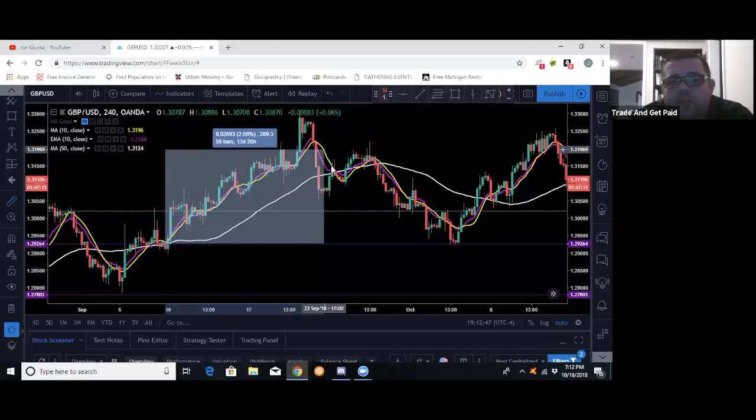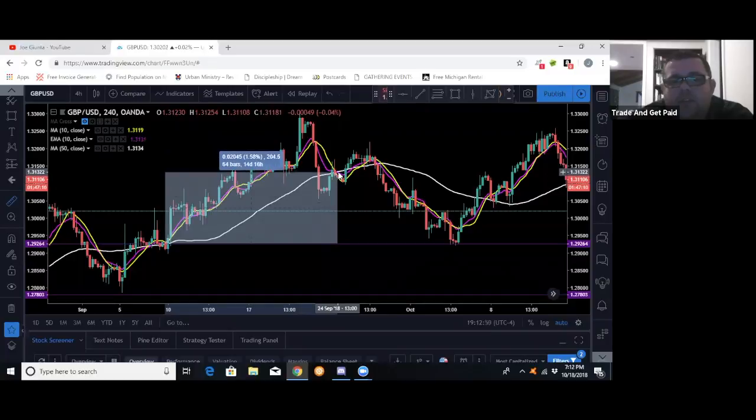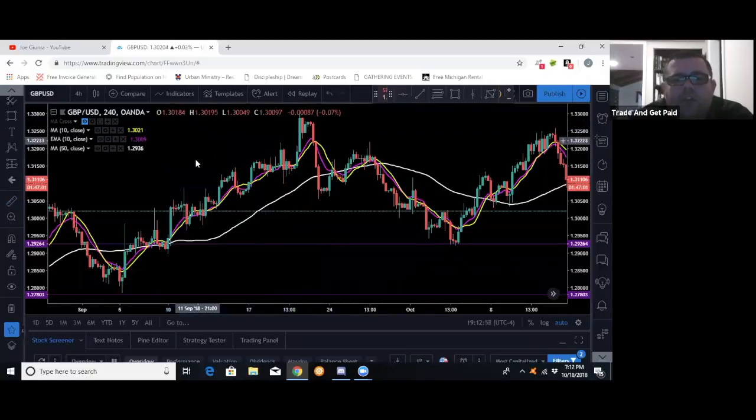But if you would have waited all the way to the crossover, you're still at 204 pips. So you caught a 204 move, but you would have been long out by then, you know? So the point I'm trying to make, guys, is if we use moving averages, the most simple indicator that